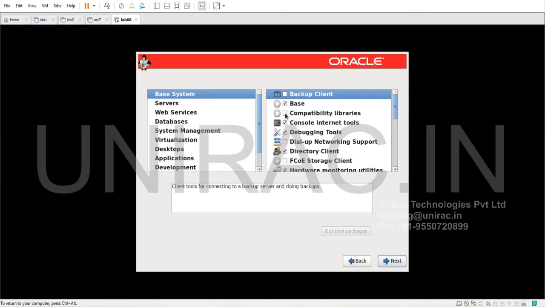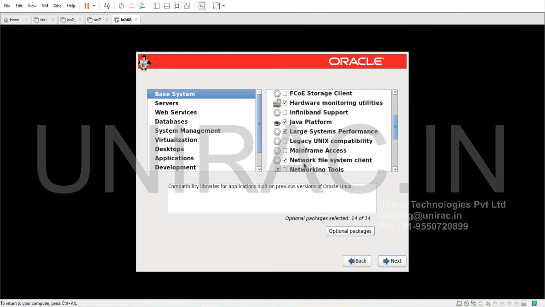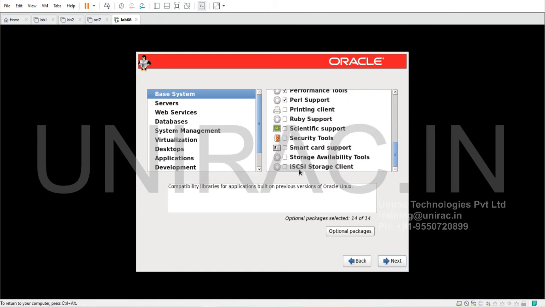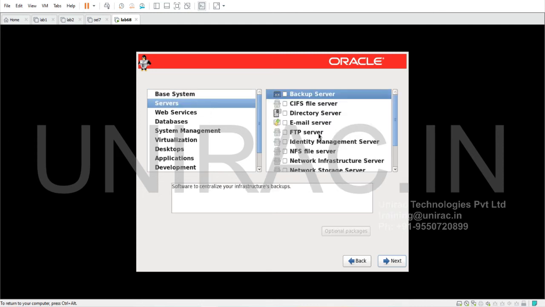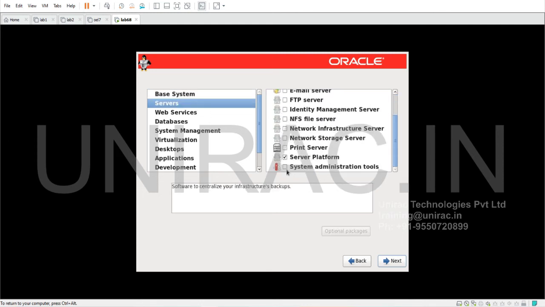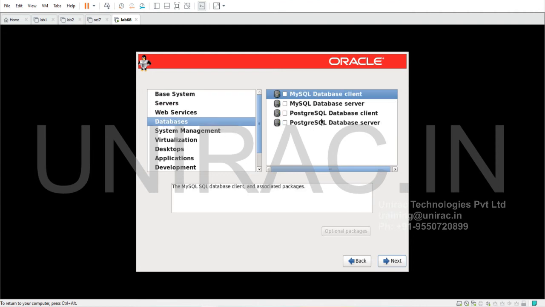I can choose the compatibility libraries in the base system, and I'll go for security tools. In case you want additional network tools, you can go with those, and legacy Unix compatibility. Servers, you can choose your system administration tools under servers. Web services, I'm not going to have any web services. Databases, I don't need additional MySQL or Postgres.